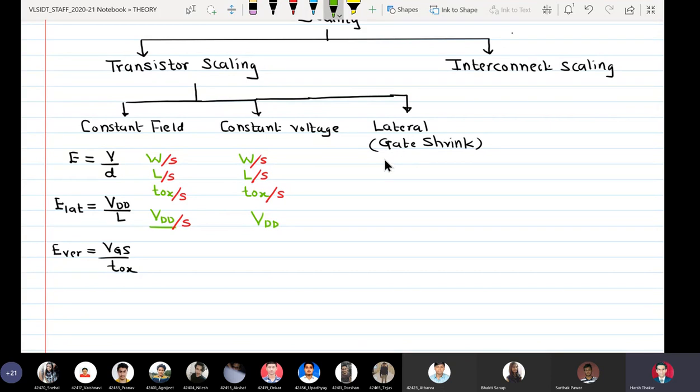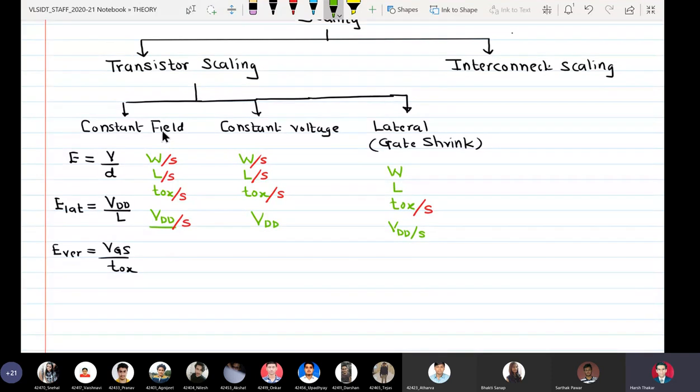In lateral shrink, what I do is that I am only going to change the oxide thickness. So in this case, my width will remain as before, length will remain as before, and only my TOX is going to be scaled down. That is what is called gate shrink. And VDD will also be scaled down. These are three different ways in which transistors are scaled,